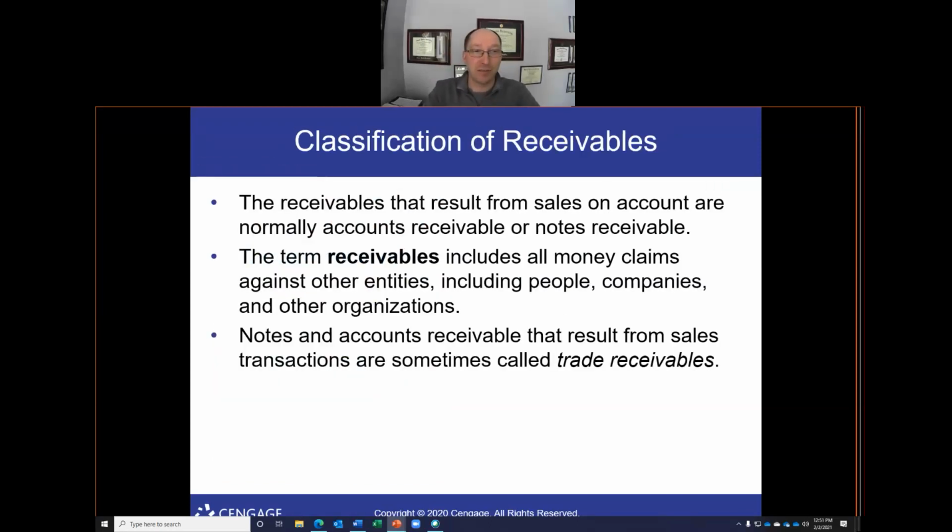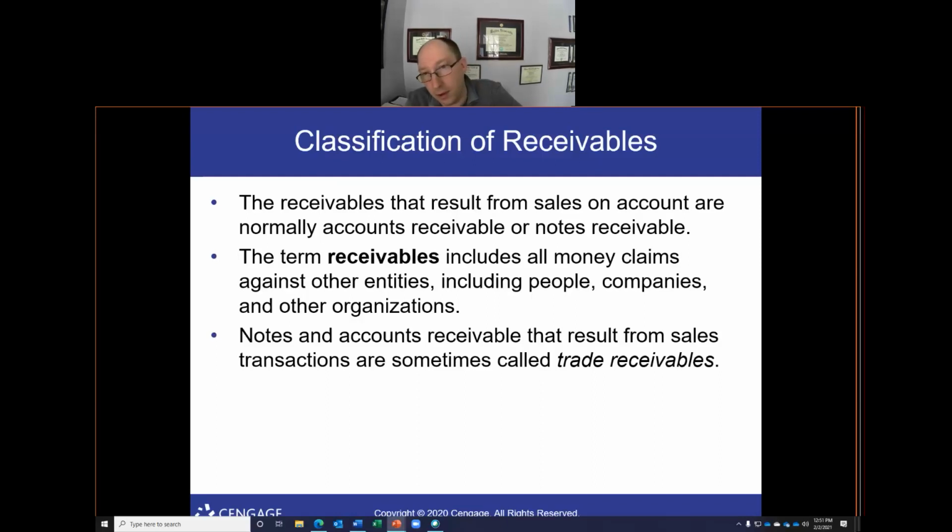Okay, receivables. You know the word accounts receivable. Accounts receivable are the funds that we expect to collect from our customers. Another one is called notes receivable. A note receivable is funds that the company expects to receive from our customer that have been shifted from an accounts receivable to a notes receivable. It typically includes interest. It's like a short-term loan that we made to our customer, essentially.